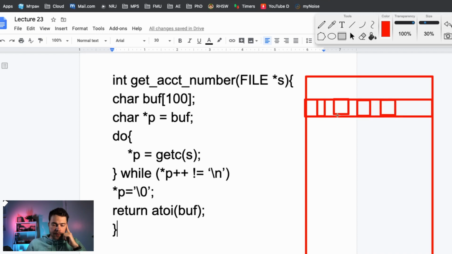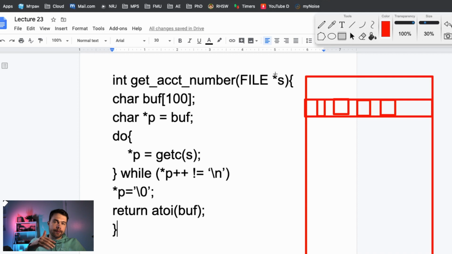Then I create a pointer to a character p, and it points to the same location as buff. And then I do *p = getc(s). getc means get character, that's a special function in C as well, and s is